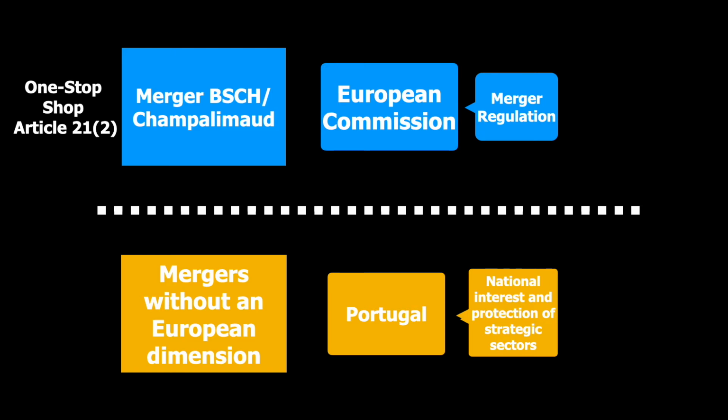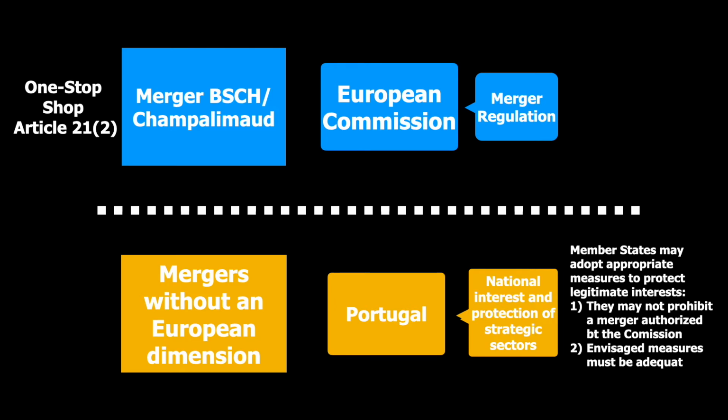One such case involved a merger between a Spanish and a Portuguese firm, the Spanish Banco Santander Central Hispano, and the Champalimaud Group that controlled 2 banks in Portugal. In this case, the transaction had a European dimension, and so it was subject to the European Commission's jurisdiction under the merger regulation. However, Portugal considered that the transaction involved the national interest and the protection of strategic sectors and blocked the merger using financial laws. Now,